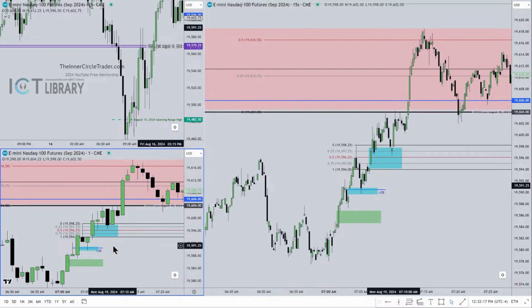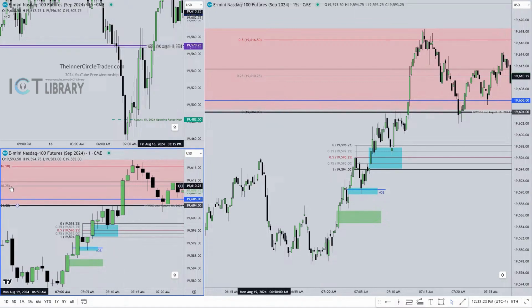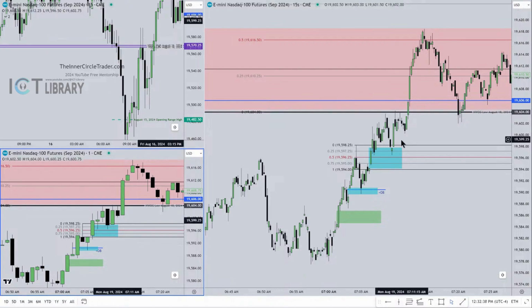So if I'm looking on a 1 minute chart like this, and I'm expecting price to gravitate up to that 19,610.25 level, which is right here as well on the 15-second chart. It could trade up to the halfway point of the new week opening gap, which is over here, okay? But I want to be able to teach my son how to get very easy objectives where it's not hard work. It's more likely to fill this one than try to reach for something that's really high and lofty,